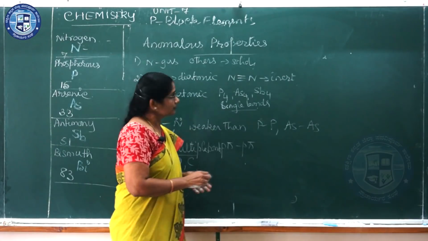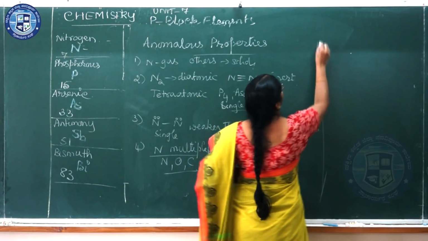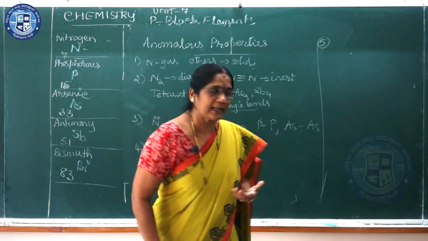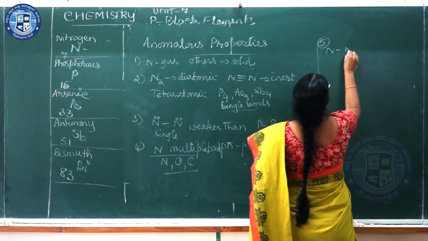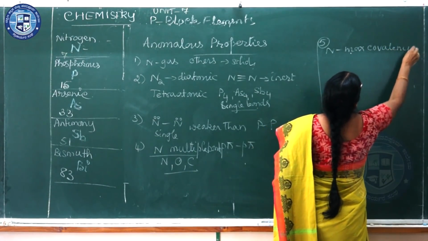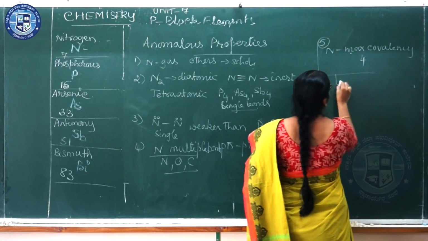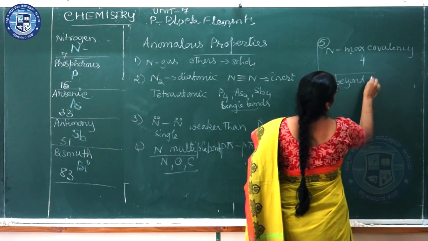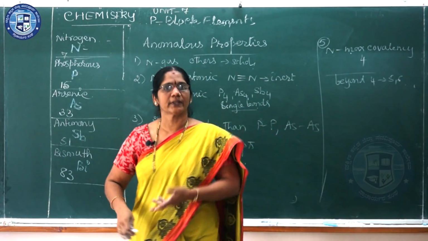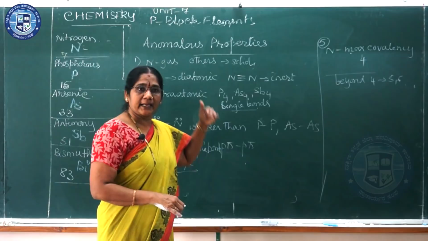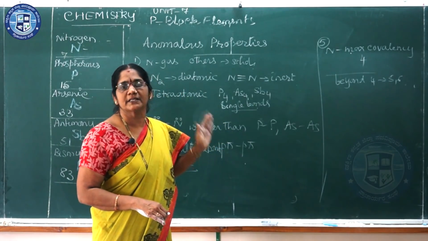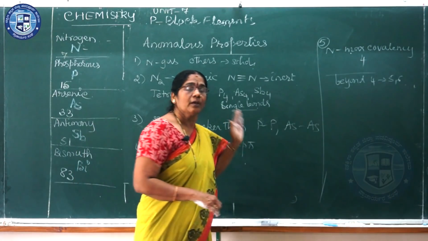And then nitrogen at the maximum can have covalency of 4, whereas other elements beyond 4, that is they can exhibit 5 or 6, 5 with oxygen, 6 normally with fluorine. So they can have covalency beyond 4, whereas nitrogen limits its covalency only to 4 because of the